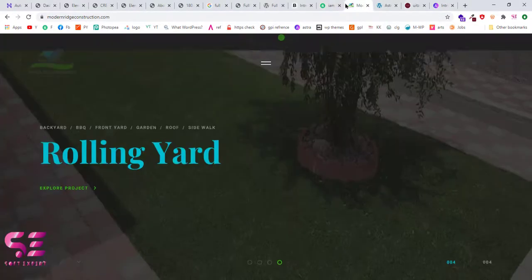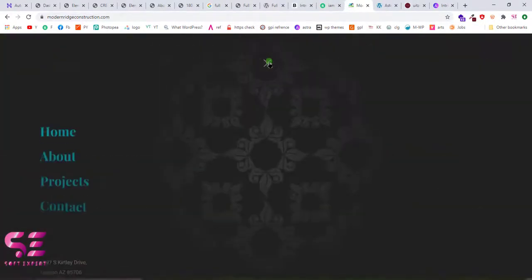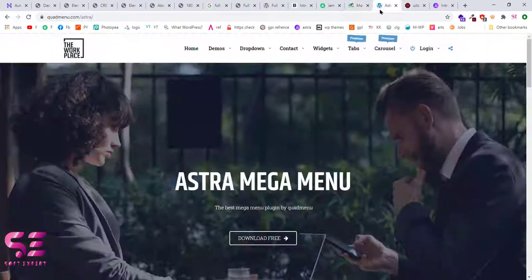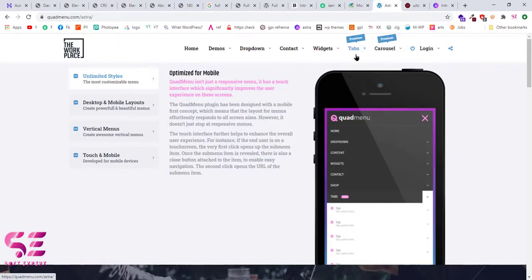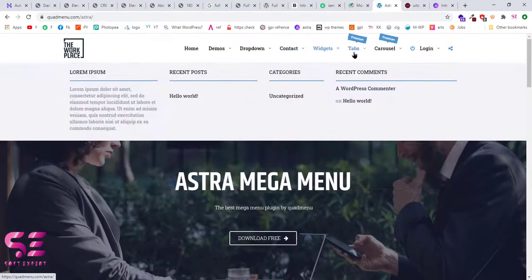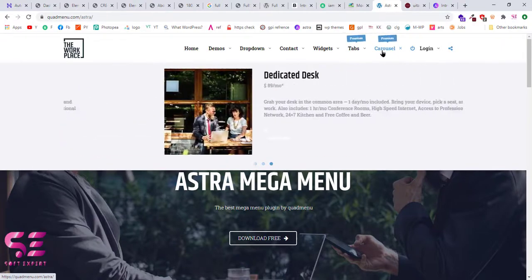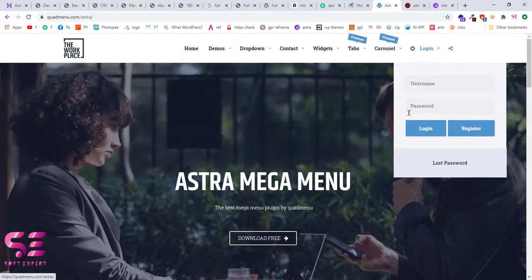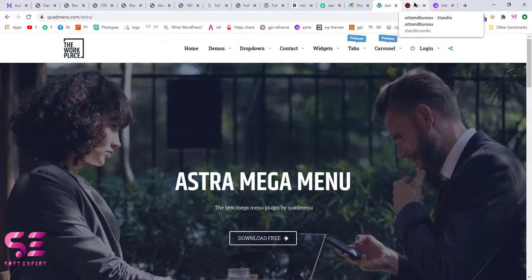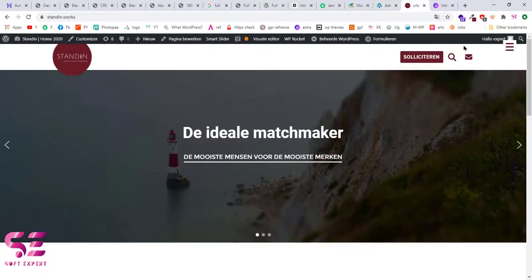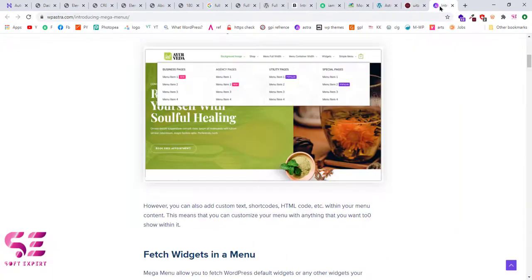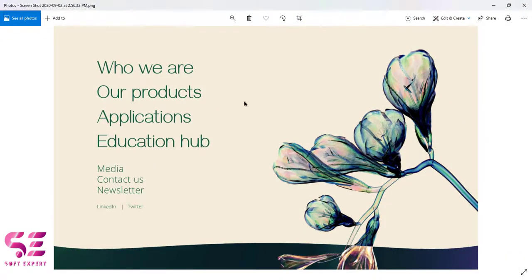Hi, in this video I will show you how to create a full screen drop-down menu or a mega menu inside WordPress using Elementor Page Builder absolutely for free. So every time you see these types of menus, they are using freemium plugins to achieve this, or they are using some premium themes which have these types of menus by default. Now the idea behind this was I was creating a website in which the client demanded to have a menu like this.